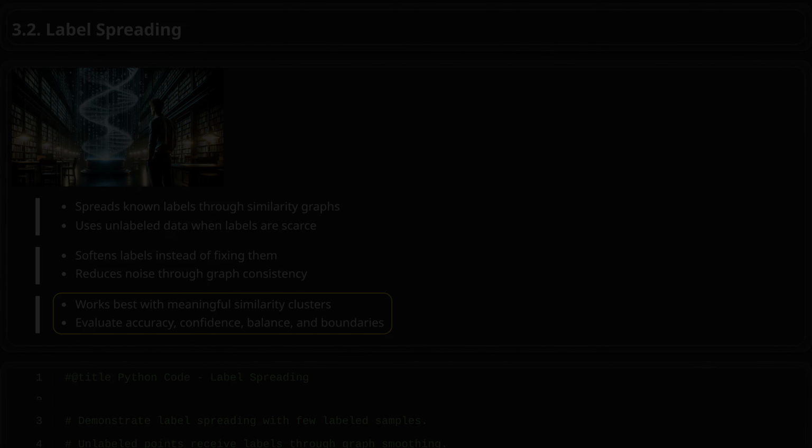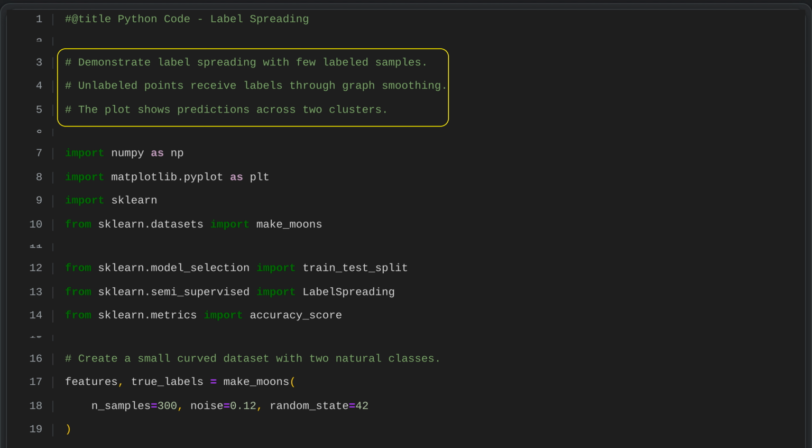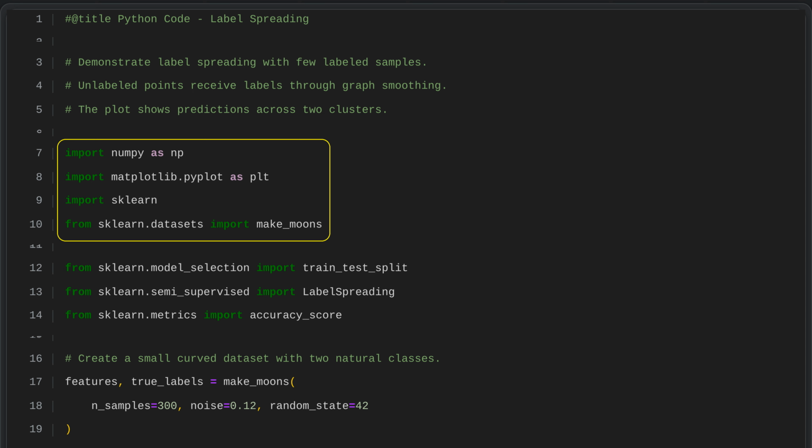Python code: label spreading. This example shows label spreading when only a few samples are labeled. Labels are passed to nearby unlabeled points through graph smoothing, producing predictions that separate the data into two clusters. We import key Python libraries for the example: NumPy for numerical work, Matplotlib for visualization, and Scikit-Learn for machine learning tools. We also use Scikit-Learn's Moons dataset generator to create two interleaving half circles, which will serve as sample data